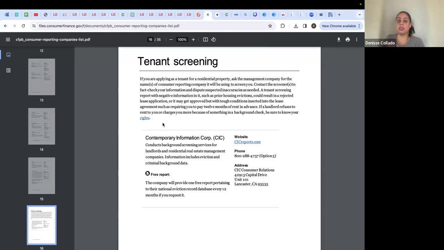Again, there's hundreds of secondaries. So if you don't know where it's reporting that negative item, like that repo or that bankruptcy or that eviction, and you don't opt out of it, that's how they keep verifying that information. But when they send you a letter back saying, hey, listen, we verified this information, that's why you always want to ask,